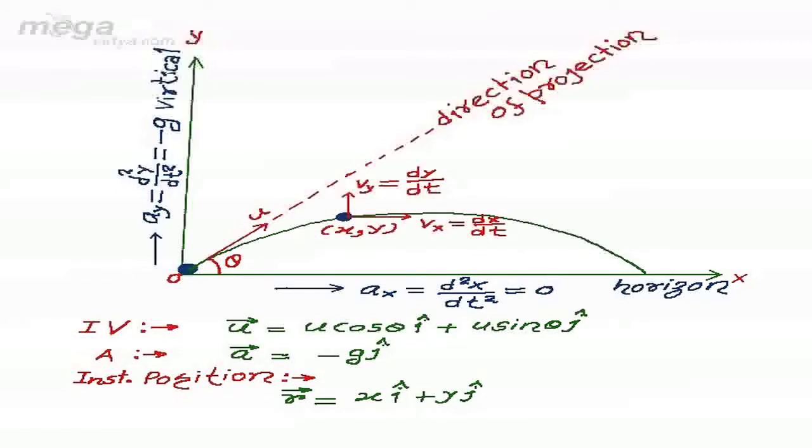Here, it is not necessary that the projectile is always thrown from ground to ground. It may be thrown from some height above the ground. It may be thrown from a depth d from the well. Then in all the different cases, the parameters which we will use to analyze will be slightly different.